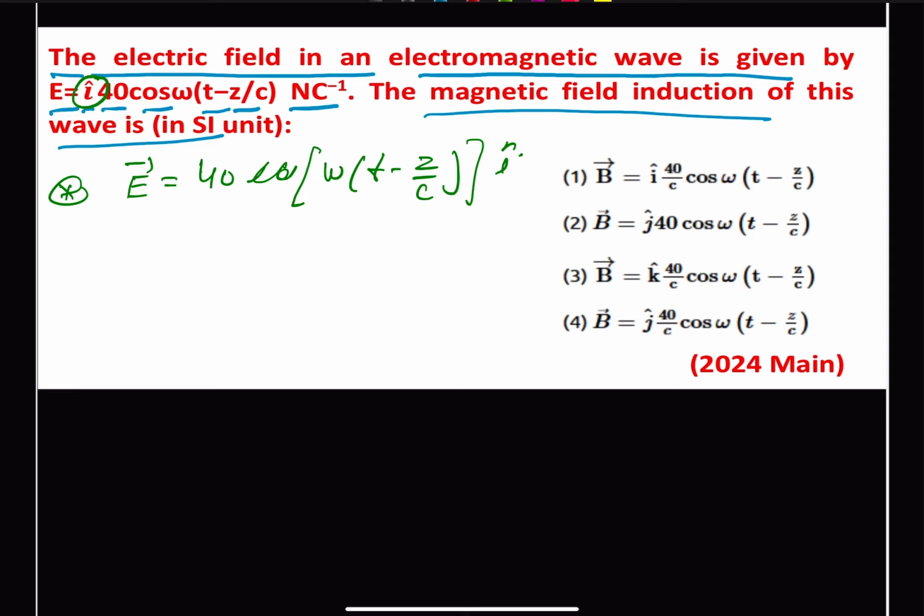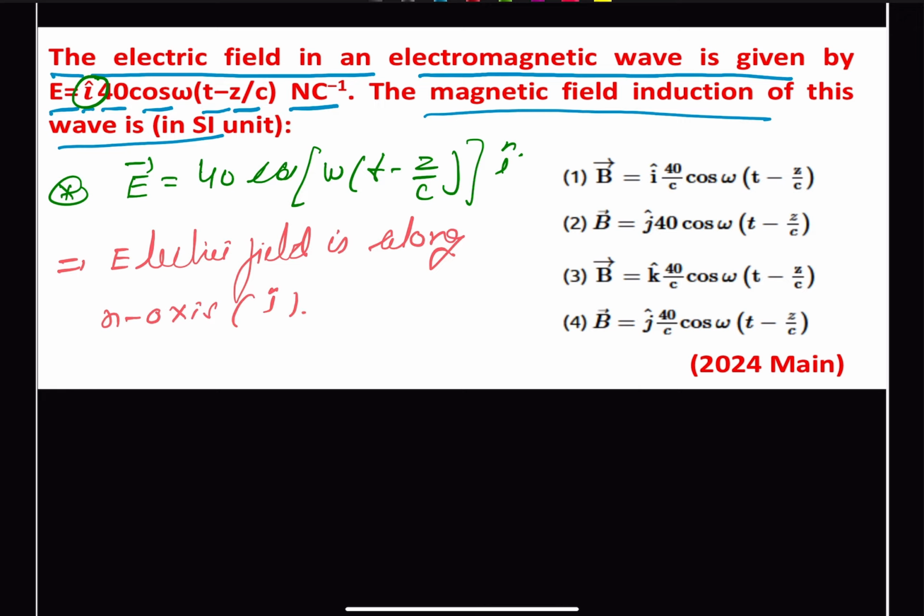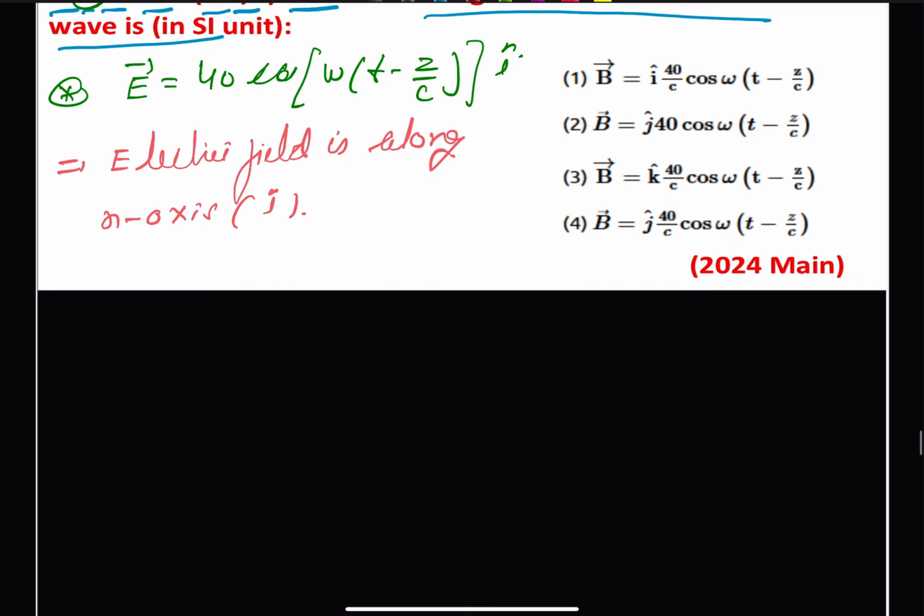So from here we can at least see that our electric field is along our i unit direction, that is our x direction. So we can say that our electric field is along x-axis